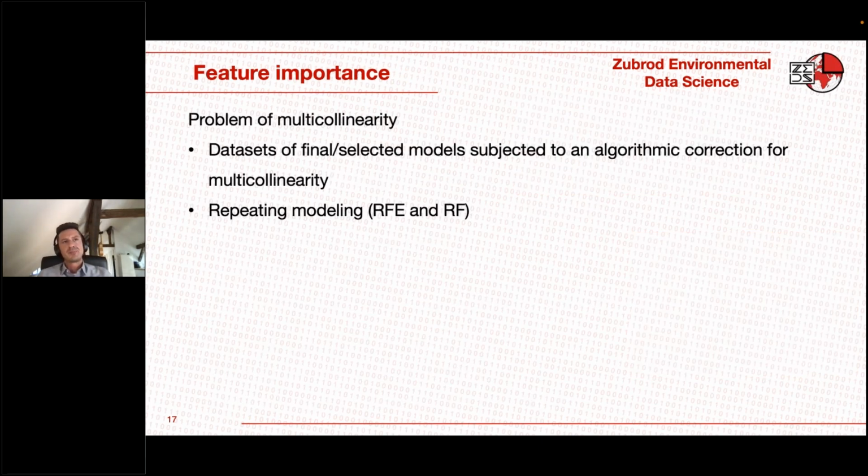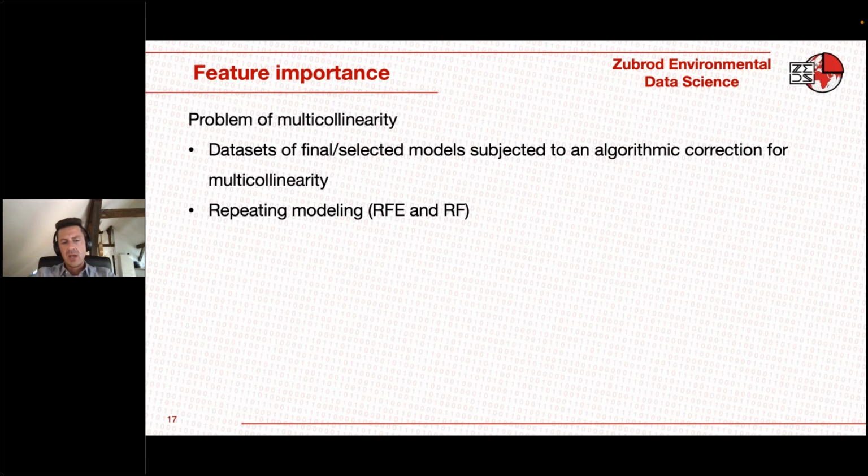After this step, I told you before, we were highly interested in getting to explainable models finally, so to assess feature importance for our predictions. But with the data sets we used up until then, there was a problem, which is called multicollinearity. Just imagine we have these hundreds and hundreds of features in our data sets, and a lot of them are actually highly correlated with each other. And so when we are interested in feature importance finally, these highly correlated features just dilute their importances. So we cannot really tell how important they are. And so we need to correct for